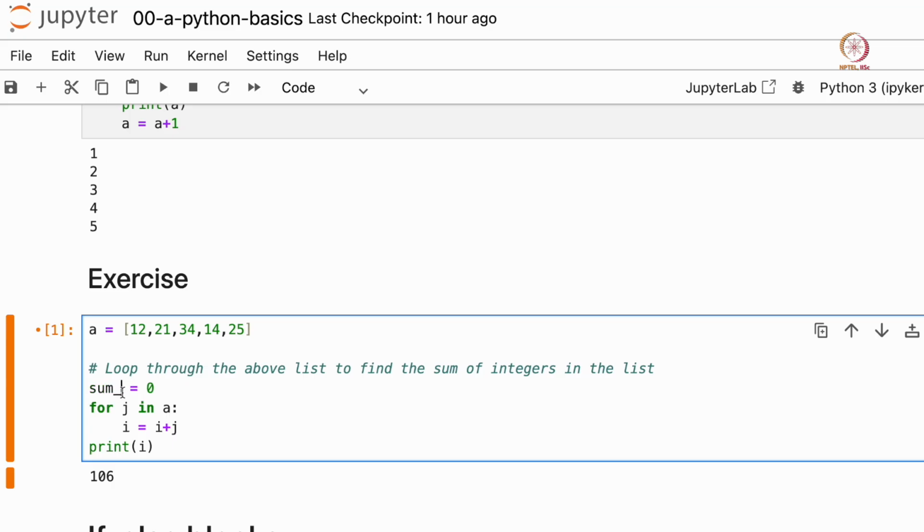So it's important to note that there are some keywords that are reserved for variables. For example, sum here, it shows in green color. That means I cannot name a variable sum because it's a reserved keyword in Python. So I can always add an underscore here, and always take care that your variable names do not have spaces between them. For example, I cannot write a variable like this, sum space 1, but a variable name like sum underscore 1 is valid. So let's say sum underscore 1 and print sum underscore 1. So that's the end of the exercise.